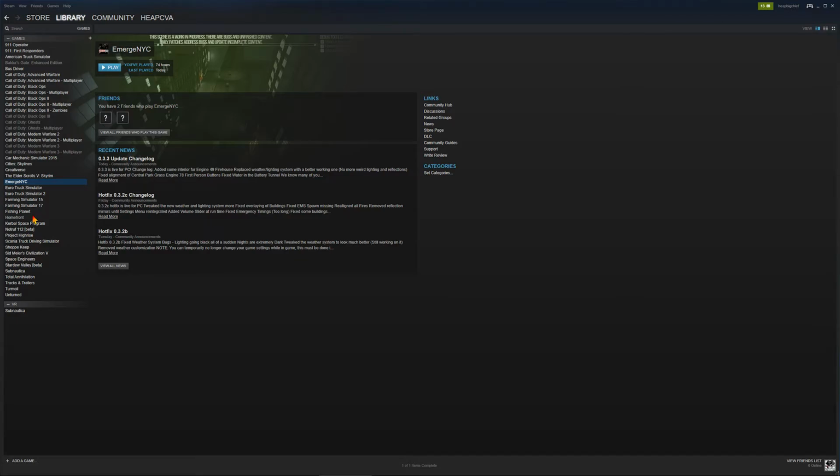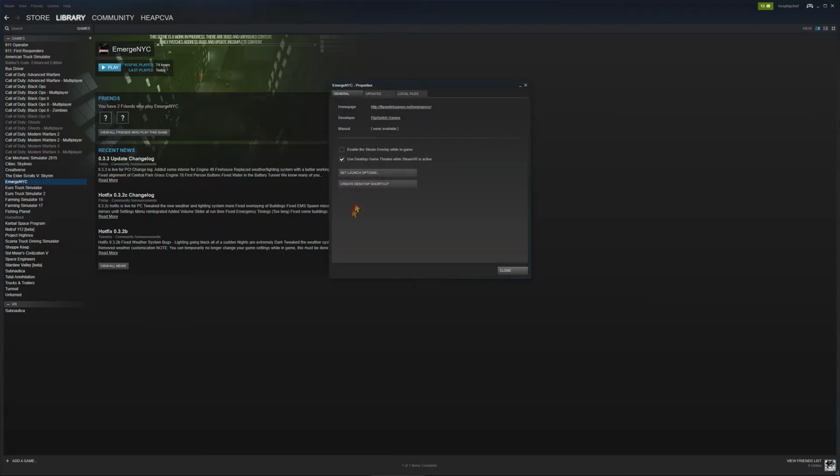Haven't had a chance to even touch it yet. If I right click on that and you go down to properties, and I just right clicked on the name, don't right click over here or hit the play button, go to the left far side of the screen and go down to properties and click on that. That gets you 3 tabs that you should at least know where they are and what their basic function is.